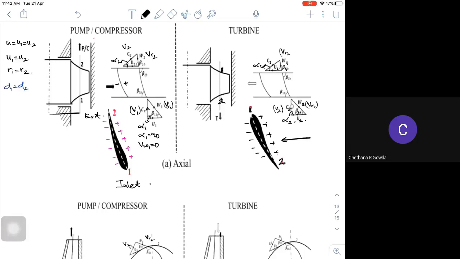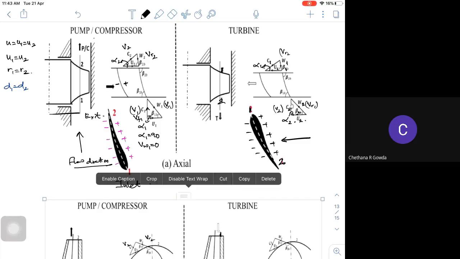So my CV1, I told, this is also my VF1. I have my V1, which is the flow direction. The flow direction is exactly this, so I should be able to identify my corresponding flow direction. Your VF should always be in the flow direction. That is the first simple rule of your velocity triangle. Now, as I told, this being a pump, what is happening?